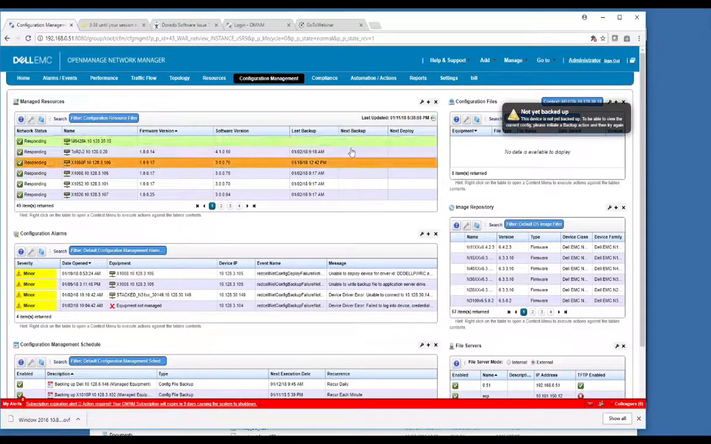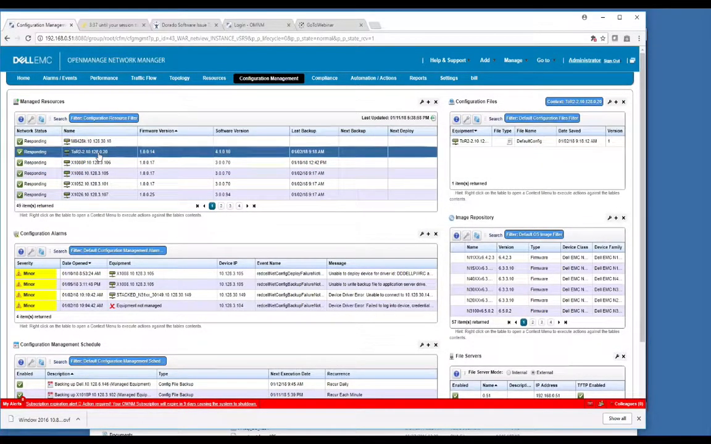Oh, I didn't back that one up yet. That's what's good about these columns here. You can see which ones are backed up. So let's look at that. This one is backed up. File Management,